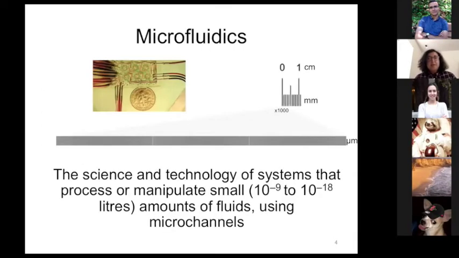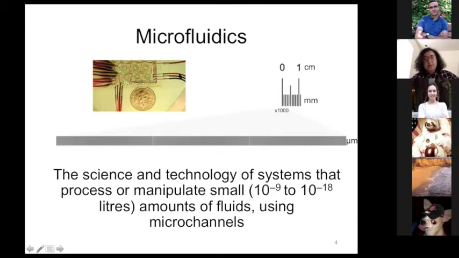Okay, so microfluidics is the science and technology of systems that process and manipulate really small amounts of fluids using microchannels. If you can imagine, if you have a ruler, in just 1 millimeter of this ruler there are 1,000 micrometers, and you build channels out of this. And basically the channel has an input, an inlet, so you can pass flow through, then a channel, and then